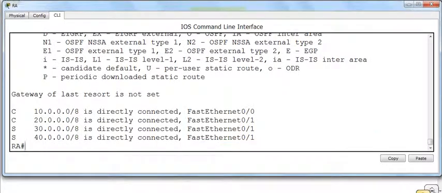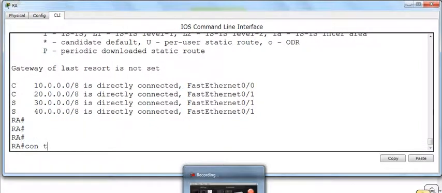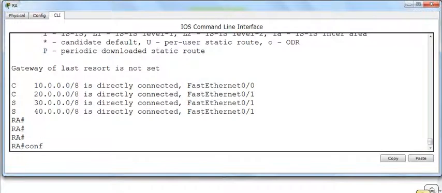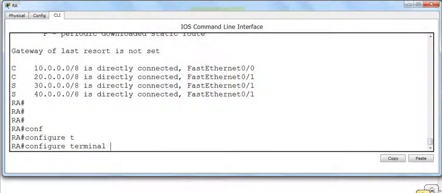So on a stub router, instead of writing these two static routes, you can write something called the default route. What is default? If you don't know anything, go to that particular network, then that network is a default network. Default means that's the option, the default option. If something is not known, that network is responsible, or that interface is responsible, something like that.